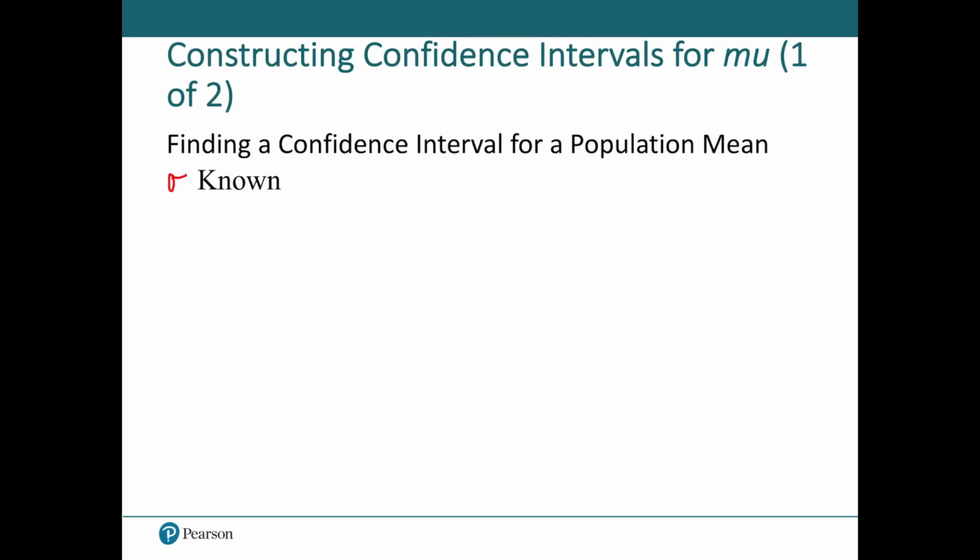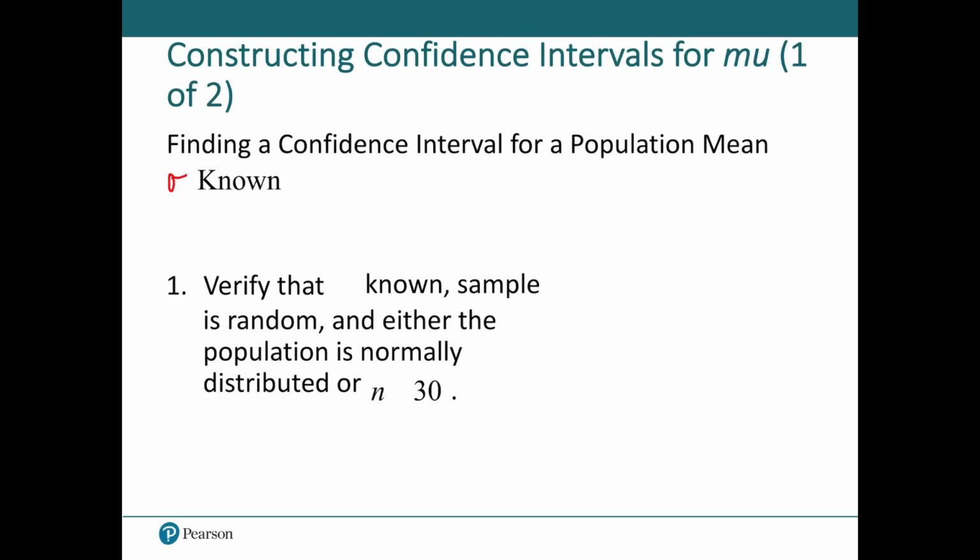So finding the confidence interval for a population where the sigma is known, that's all we're talking about in this lecture. Sigma unknown will be dealt with another day. That's actually 8.3. So verify that sigma is known. Just make sure it's written down, like sigma equals 10, or it's assumed or well known that the standard deviation is such and such, and then that's a sigma. It isn't coming from a sample. The mean came from a sample, but not the standard deviation. That may not happen a lot, but it does happen often enough that they do have a section for it, and we don't have to learn the t-distribution at the same time as all of this.